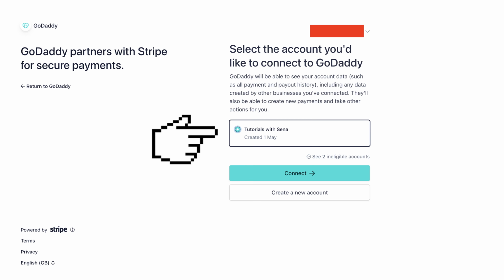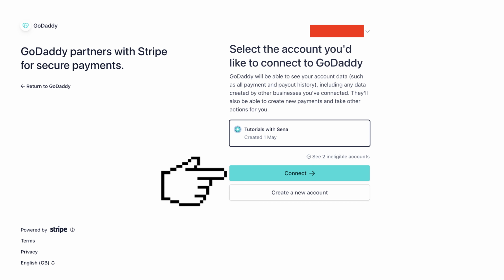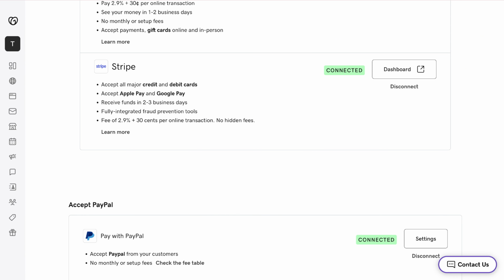page, and then select the Stripe account that you want to connect to and click on the connect button. You are then good to go. The Stripe is already connected to GoDaddy, and you may accept credit or debit cards on your GoDaddy website with